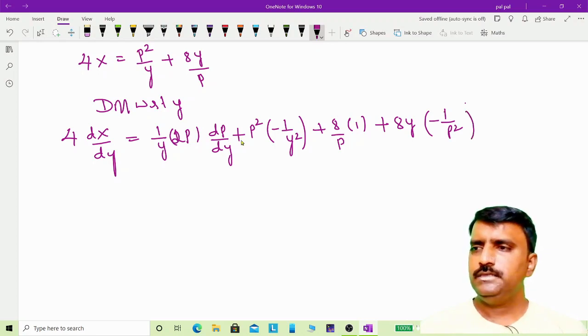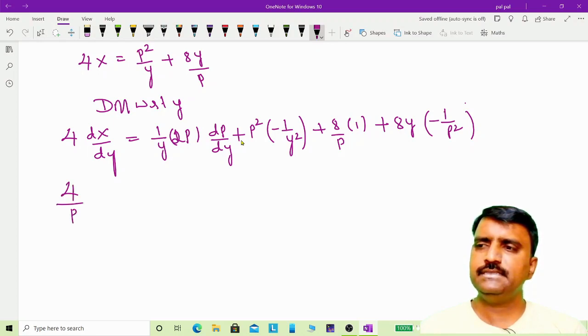Okay, so now this left hand side is 4 divided by p because dx by dy is 1 by p. So 4 by p is equal to 2p by y into dp by dy minus p square by y square